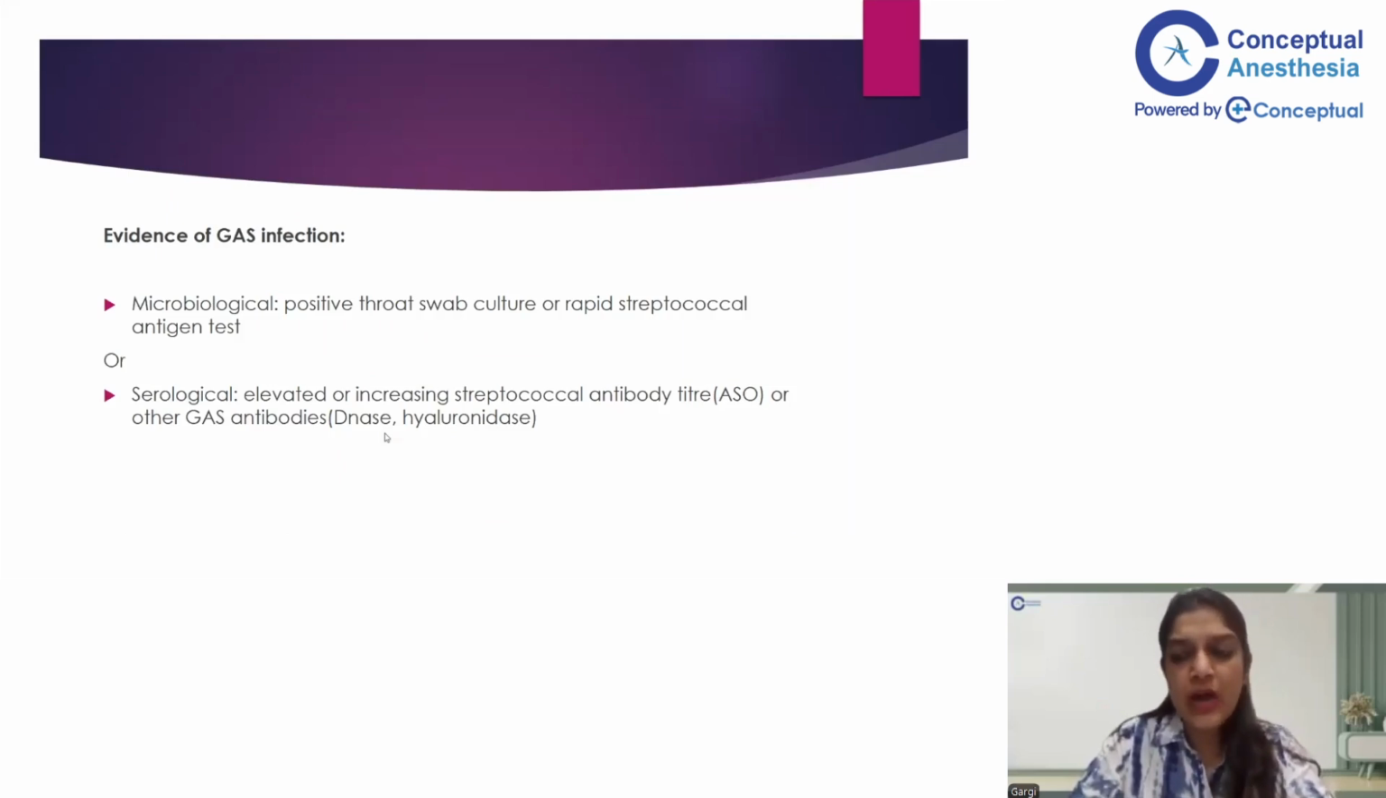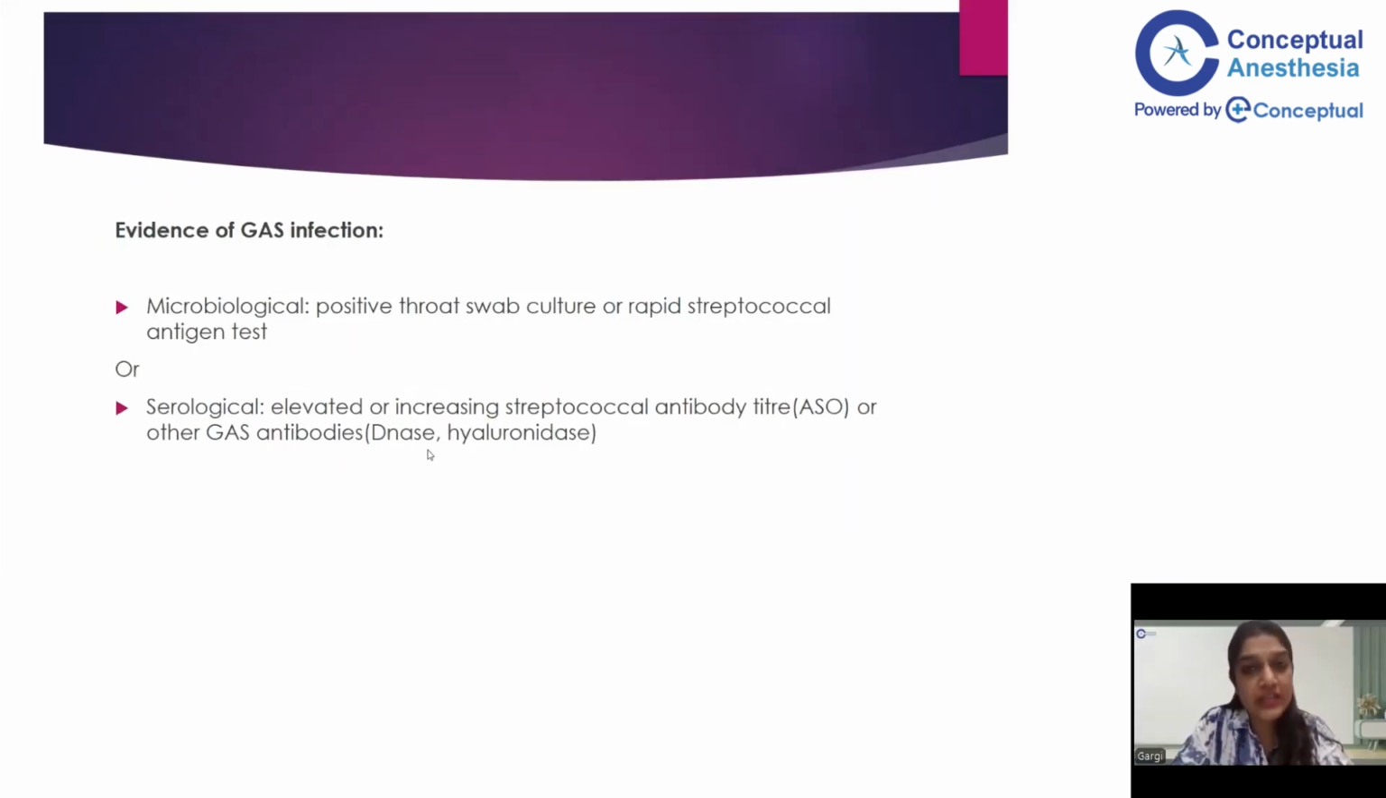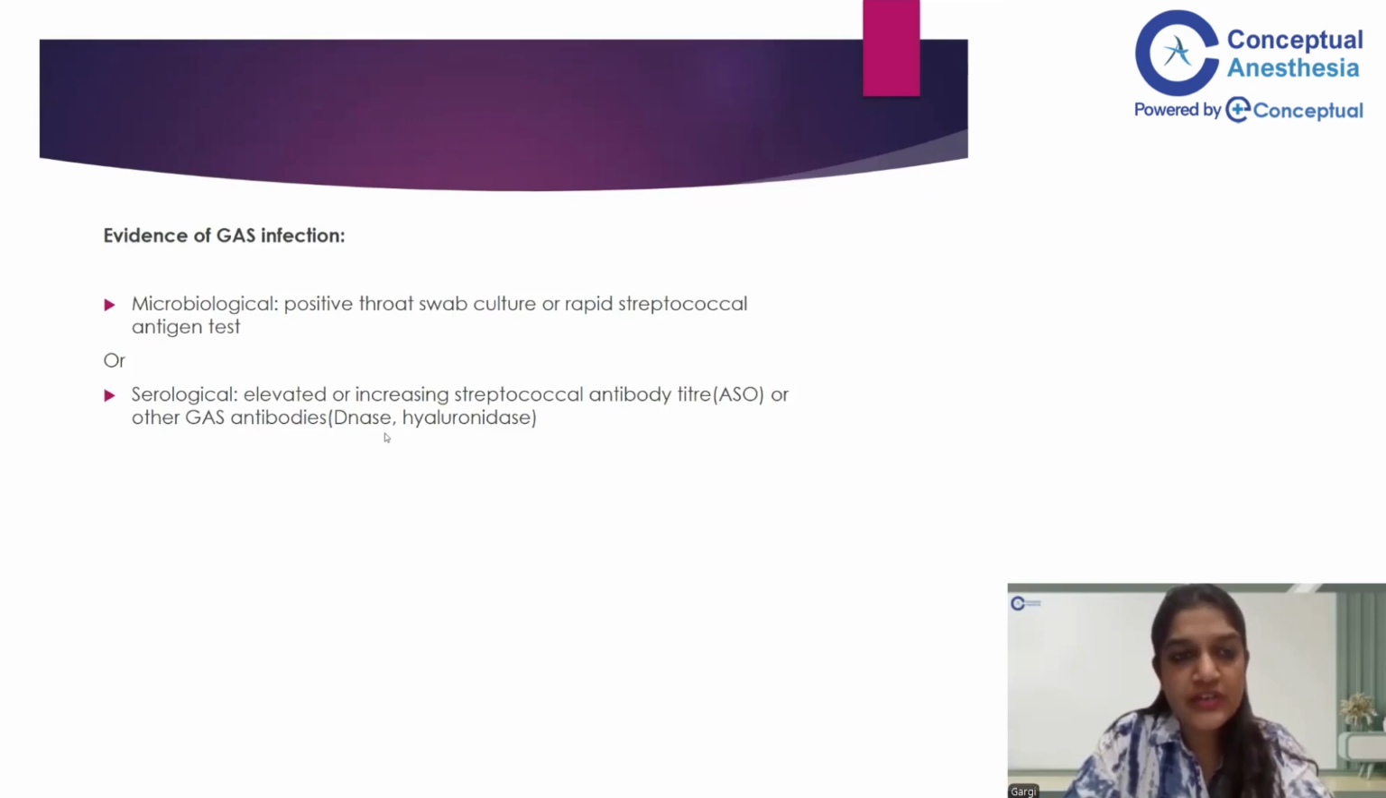We just spoke about how to diagnose acute rheumatic fever or recurrent rheumatic fever, where we require one major plus two minor criteria, or three minor criteria for recurrent rheumatic fever. But we also require evidence of streptococcal infection in these patients. And how do we get that evidence? One is microbiological: either we get a positive throat swab culture or a rapid streptococcal antigen test, or serological